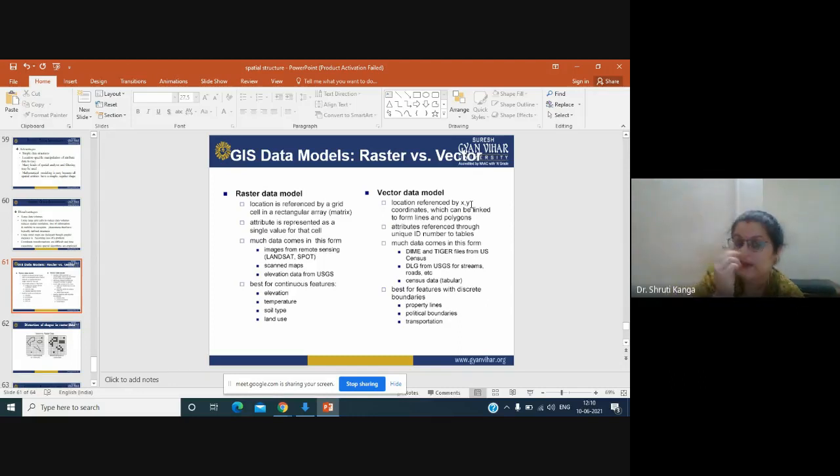I told you that in case of vector, if you go through its table, there will be a shape saying this is a point, with its unique ID and its XY location. Same for the polygon: they will write that this is an area feature and its unique ID number, based on which we can reference those attributes. But here, in raster data sets, the single value is represented by a pixel value or a